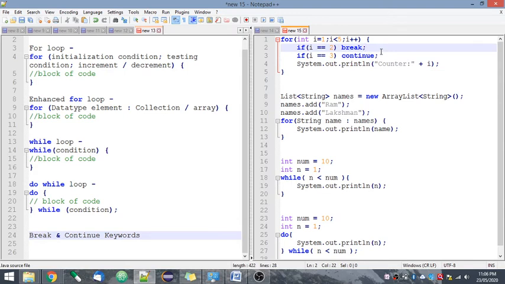Okay, yeah, so if i is equal to 2, then I want to come out of this loop. What does this mean? That when this break statement is encountered, the control will go to the next statement that follows this for loop. So whatever you write here, the control will come to this statement whenever a break statement is encountered in a for loop.